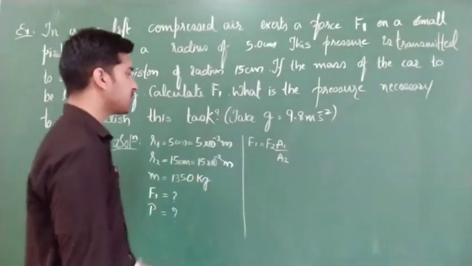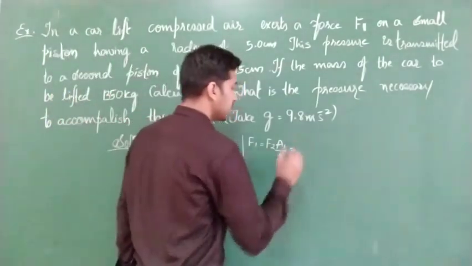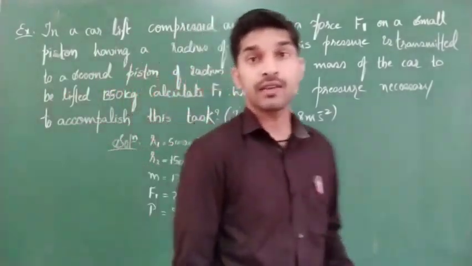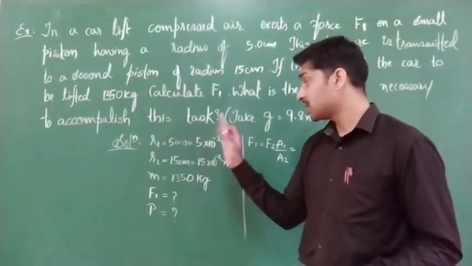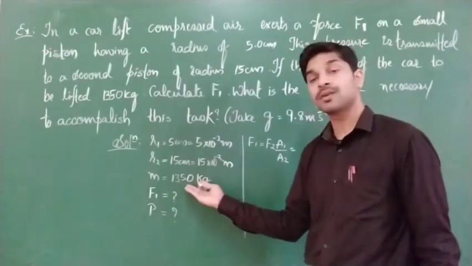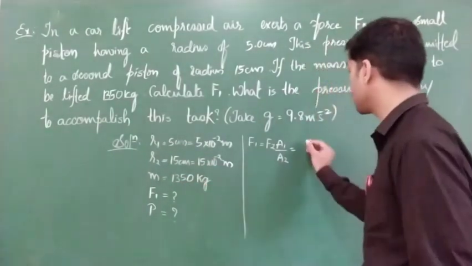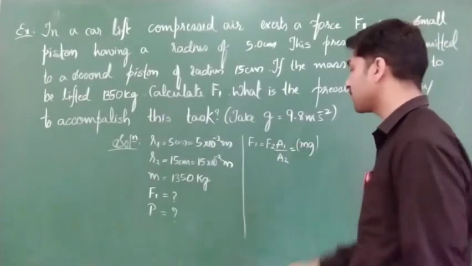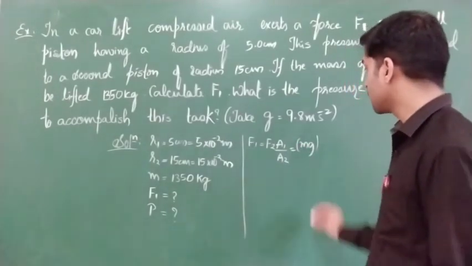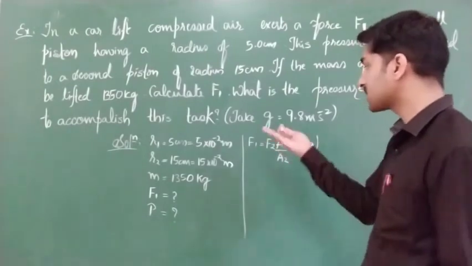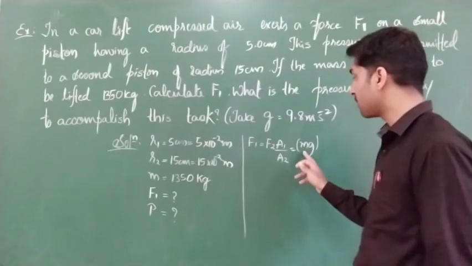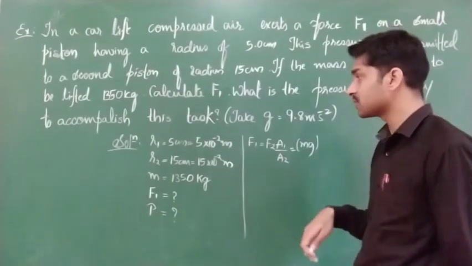Next, substitute the formula directly. F1 they are asking. F2 value. Yes, F2 directly they had not given. In the place of F2 they had given mass of the car. Clear? Yesterday as we had solved, this F2 will be becoming mg, which is nothing but weight of the car. Clear? So with the help of normal reaction again from the same force that car will be moved upwards. Next A1 by A2.